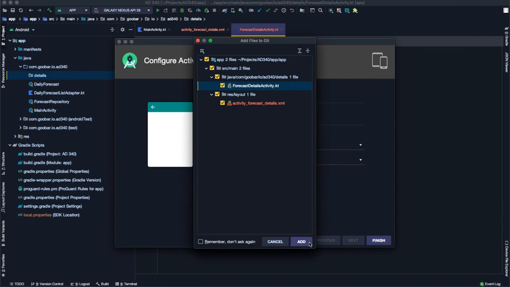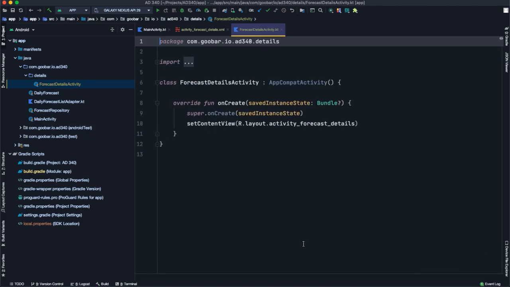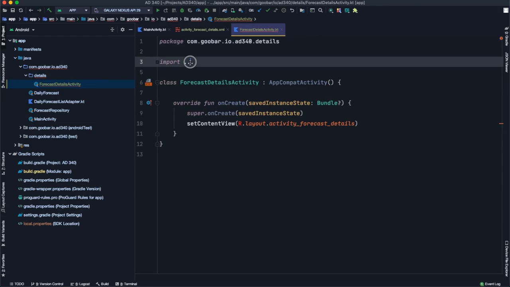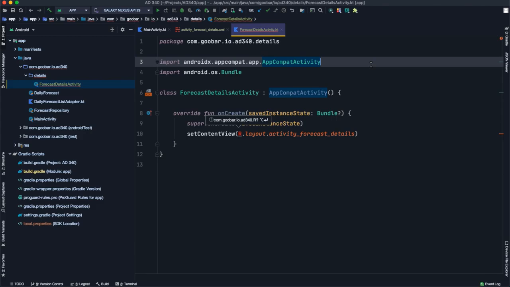And then if you get prompted to add the files to Git, go ahead and select add. And so now this should have created a new details activity for us. And in fact, it likely has even automatically opened that details activity for us, as in the case here on